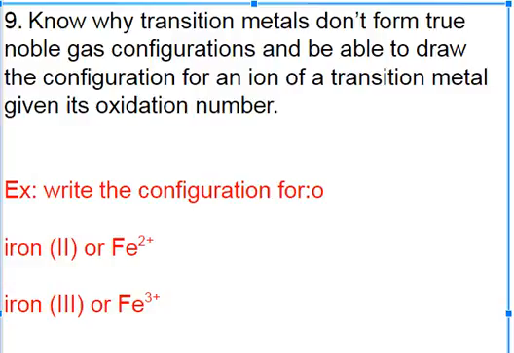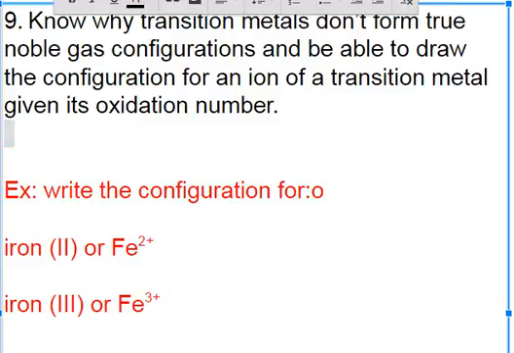Objective 9, know why transition metals don't form true noble gas configurations and be able to draw the configuration for an ion of a transition metal given its oxidation number. So I don't want to make too big a deal of this, but transition metals are a little bit weird